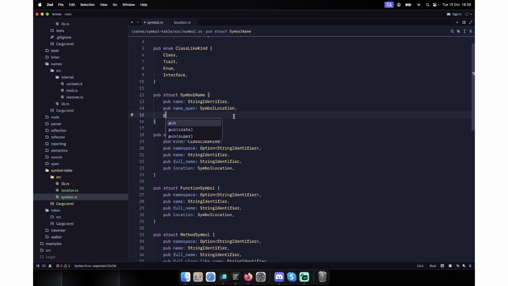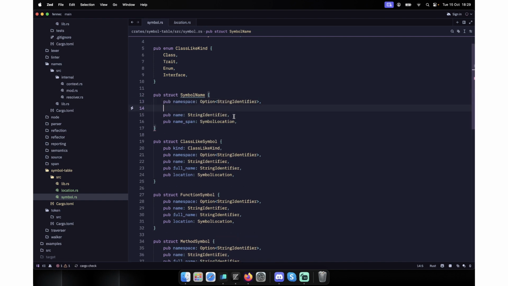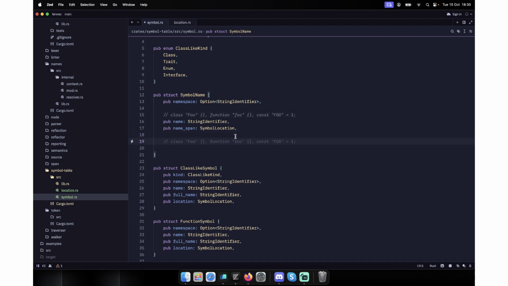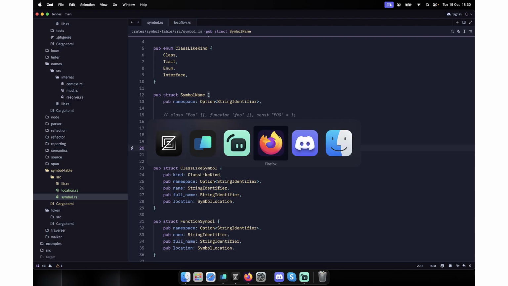and have the pub namespace, name as, so just repeat. And the span is where that, and let's have public full name, or maybe